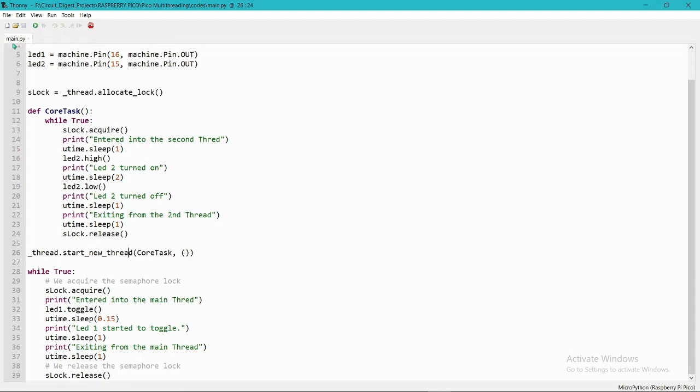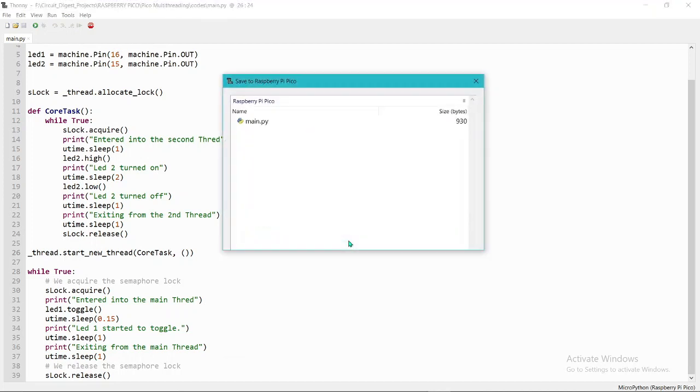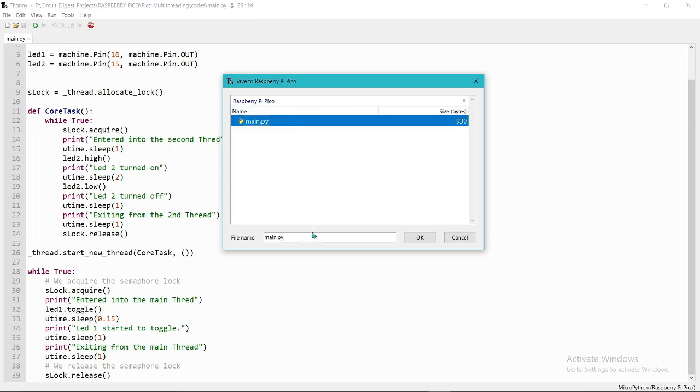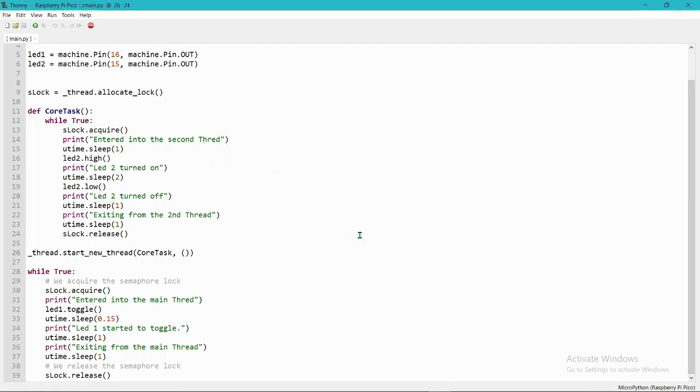Now you need to save this main.py on the Pico board. For this you need to press Ctrl Shift S, then select the Raspberry Pi Pico and name it main.py. I have already saved this on this Pico, so I am saving it again. Then press OK. So it has been saved on my Pico board.